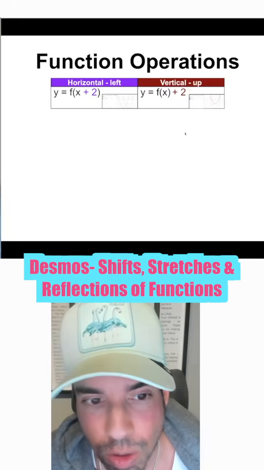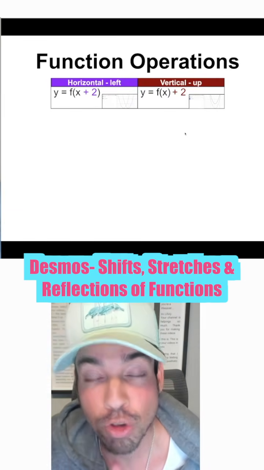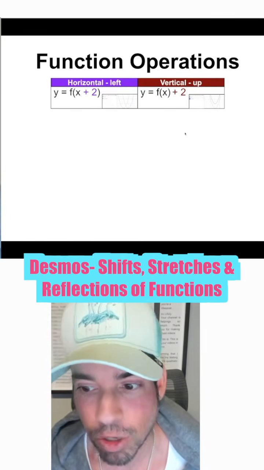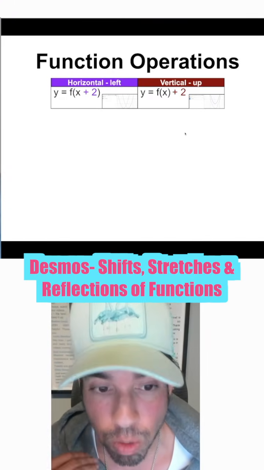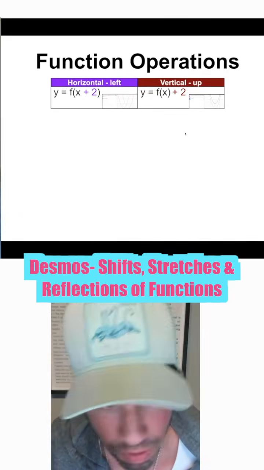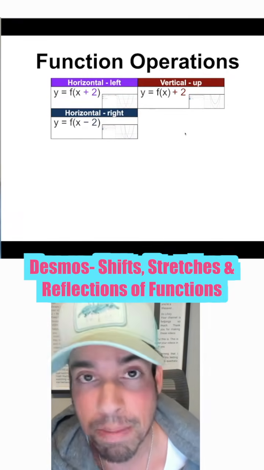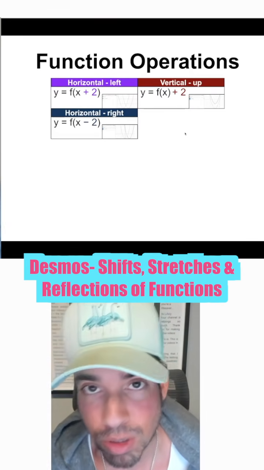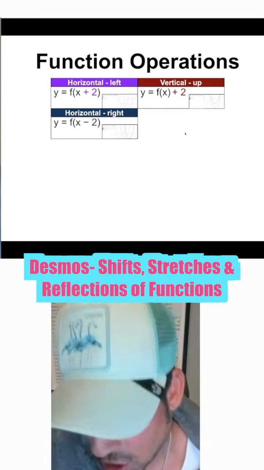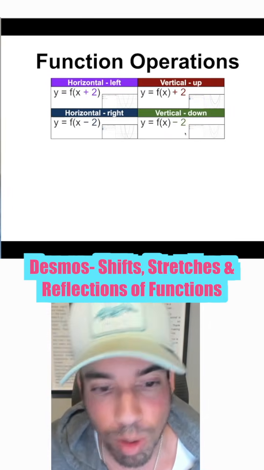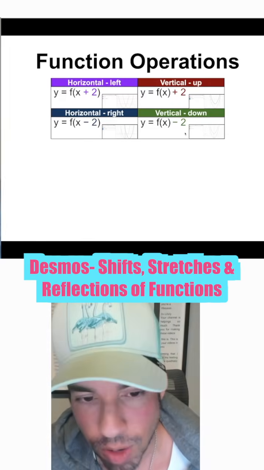amounts. If I want to go to the right, if I want to go vertically up, I'm going to add plus 2, but I'm going to do it on the outside of the function. So in the previous slide, we saw f of x minus 3 that shifted the whole function down. F of x plus 2 shifts it up. We've also got horizontal to the right. That's going to be a minus, but within the parentheses. So x minus 2 is shifting it 2 to the right. X minus 3 shifting it 3 to the right. And of course, likewise, we have vertical down where we have the full function minus a value at the end